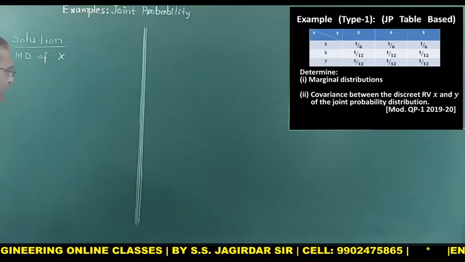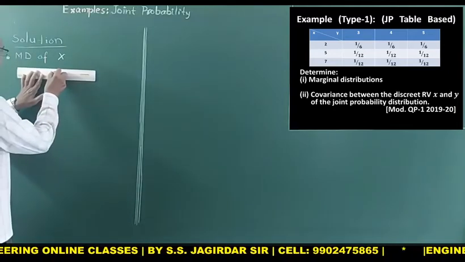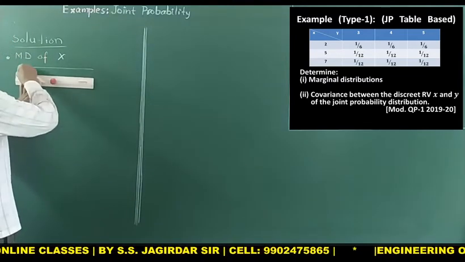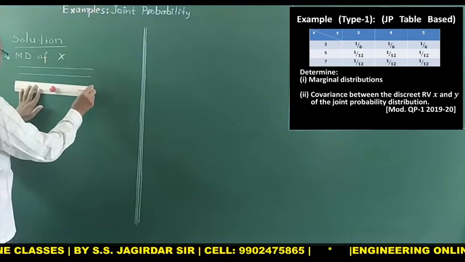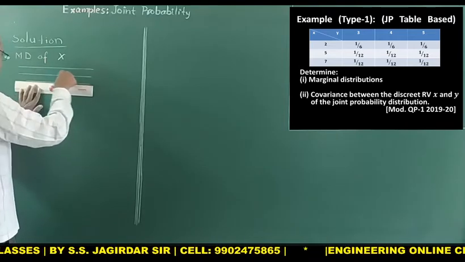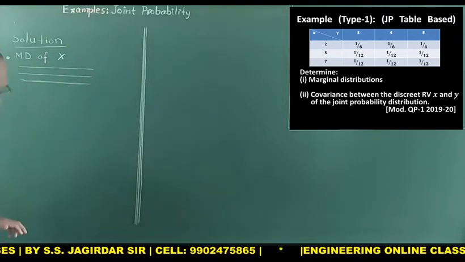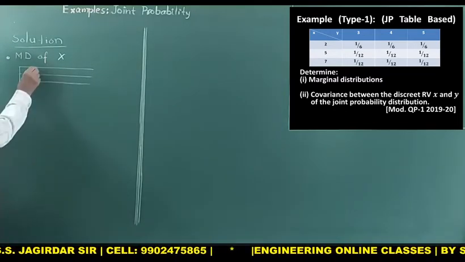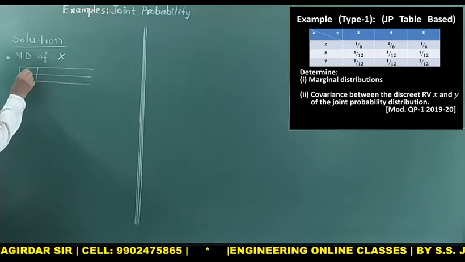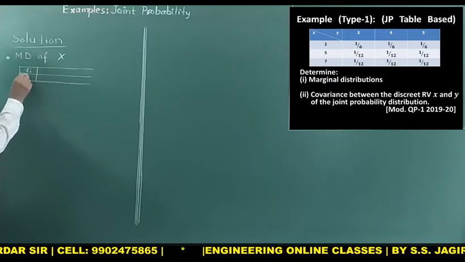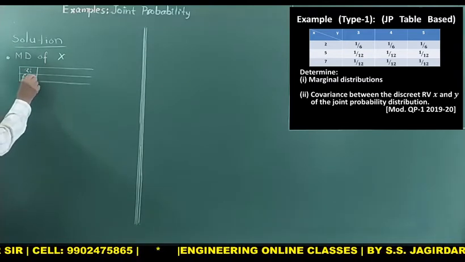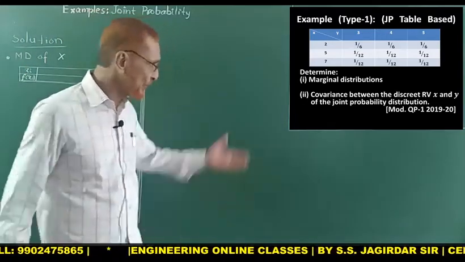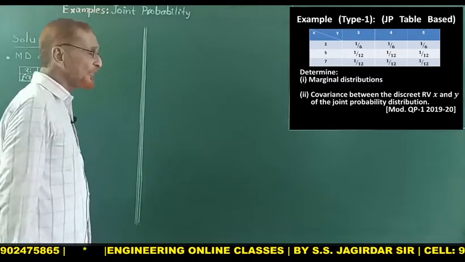How will you take up the marginal distribution of x? For that I will prepare a table. In this table we have to enlist all the findings. Here you have to take up xi values, and here you have to take up f(xi) values. Okay, how do we calculate? The table is before you. You can see the table. So xi values are what? The